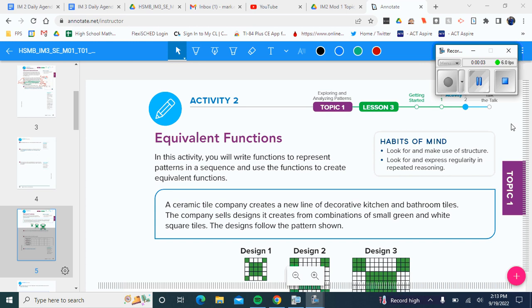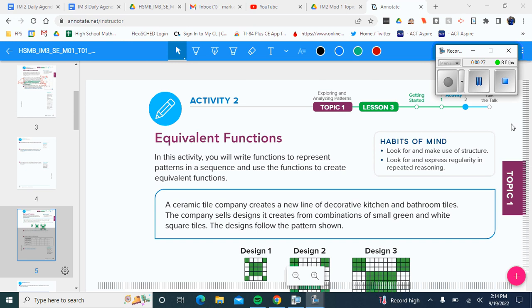Hi, this is an activity to go over Mod 1, Topic 1, Lesson 3, Activity 3.2, called Equivalent Functions. We are going to be going through the pattern that you see on this page, problems 1, 2, and 3, and how to break down a design so that you understand all the different patterns